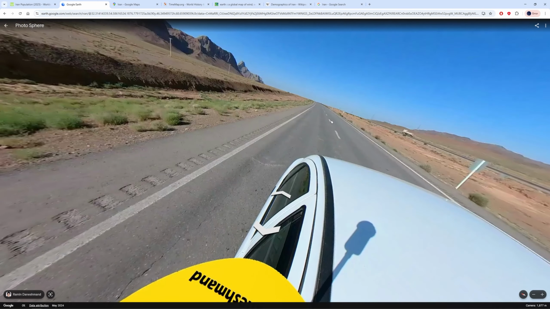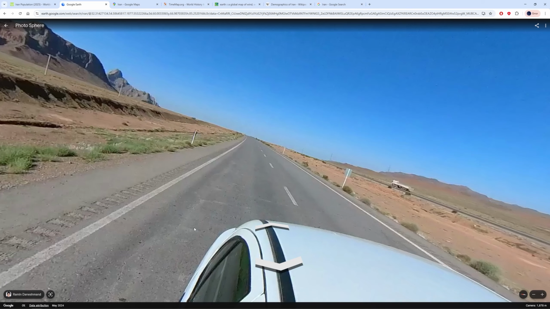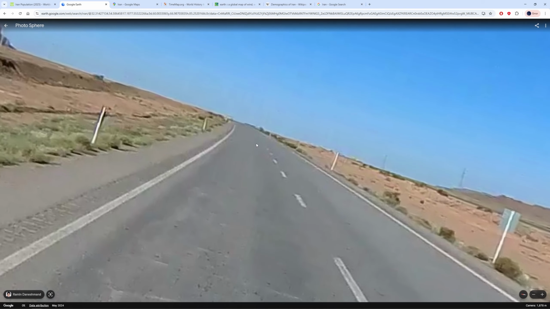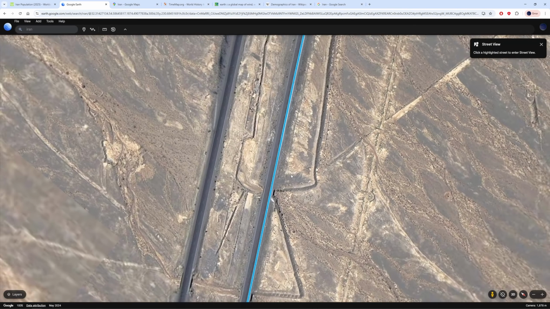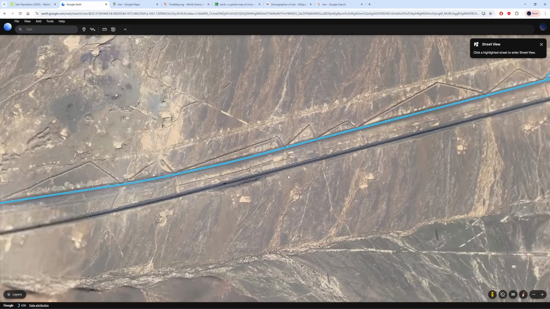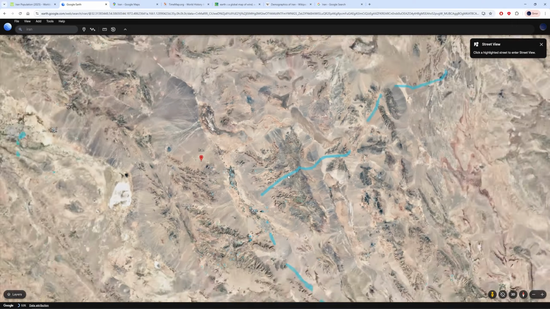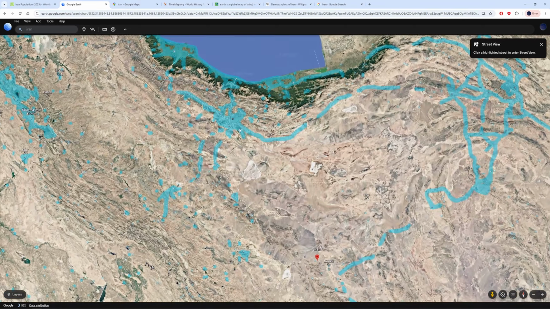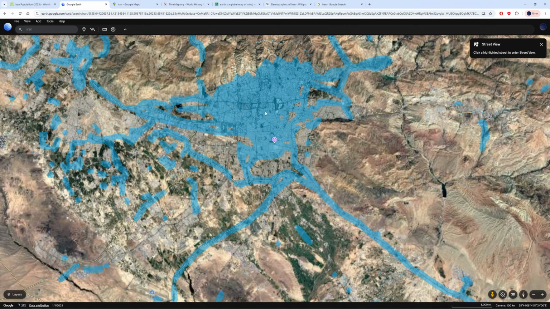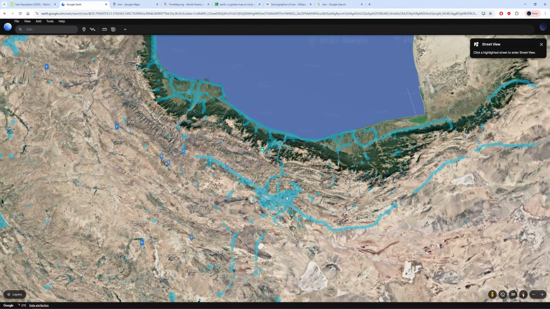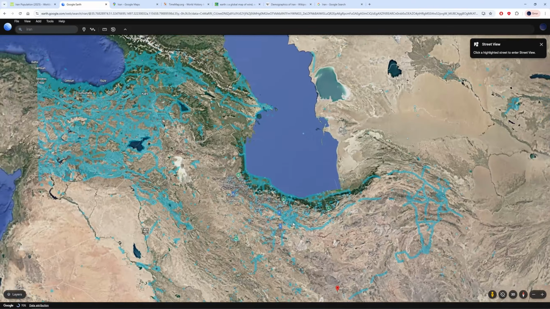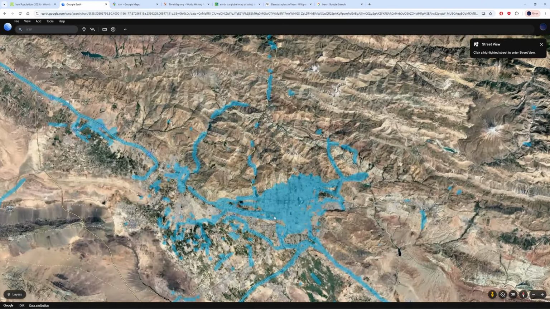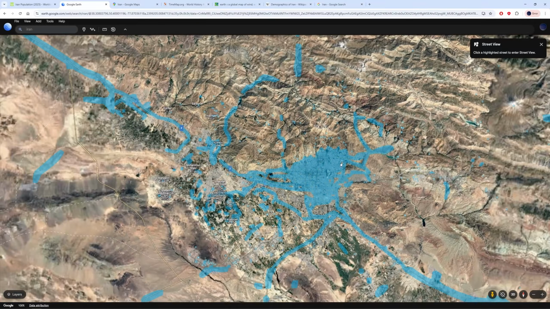So you can see the image is not that good, even if it's 2024. They didn't do a good job, but this highway looks decent, I would say. But like I said, the quality is not that great, so there's not much I can actually see. Let's check this one. I'm not sure if it's the capital here because I don't have the... oh yeah, it's the capital. I have the names on it.